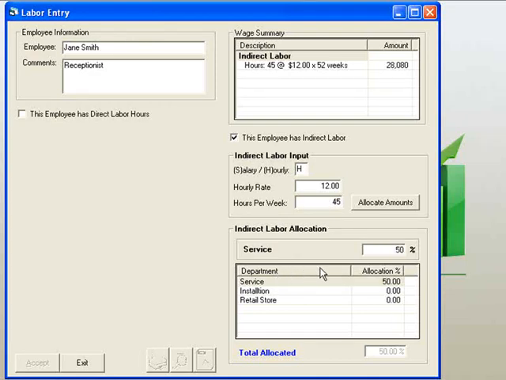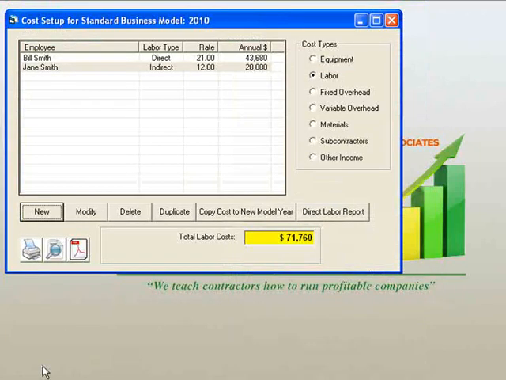And Jane spends about 50% of her time dealing with paperwork and taking phone calls for the service department. She spends a little bit of her time, we'll say 25%, supporting the installation department, and the remaining 25% supporting the retail store. Once we have all the information entered in, we can once again click on accept, and Jane will be added